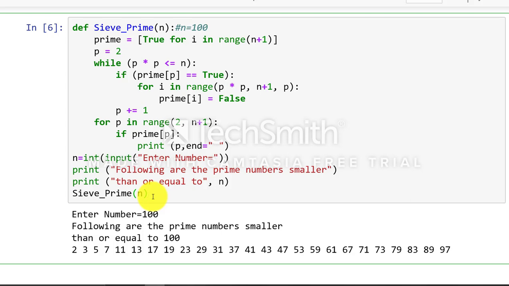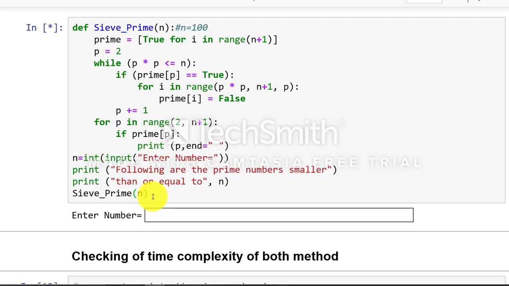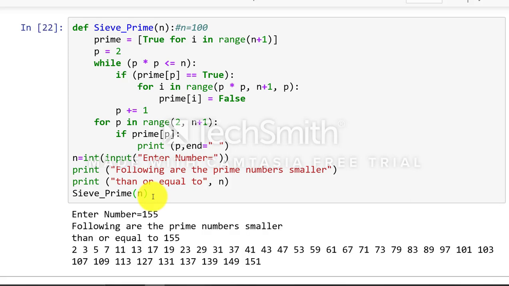Let us assume that the number is 155. So this will print all the prime numbers between 2 and 155. Let us execute. So these are all the prime numbers between 2 and 155. So this is your C program.